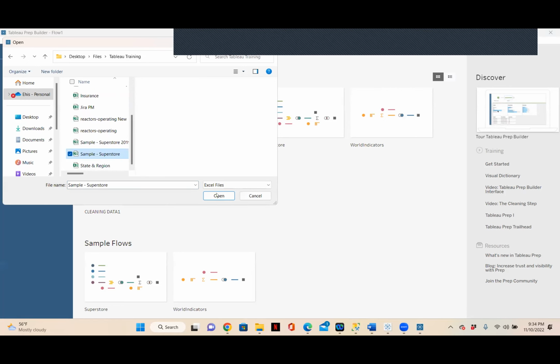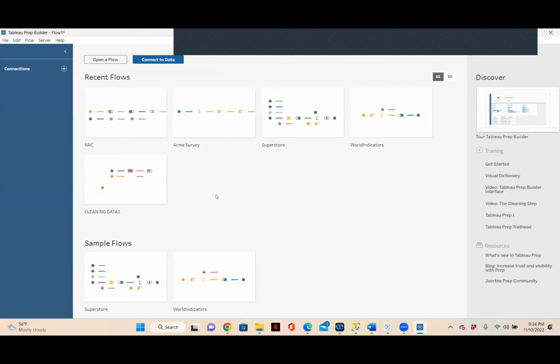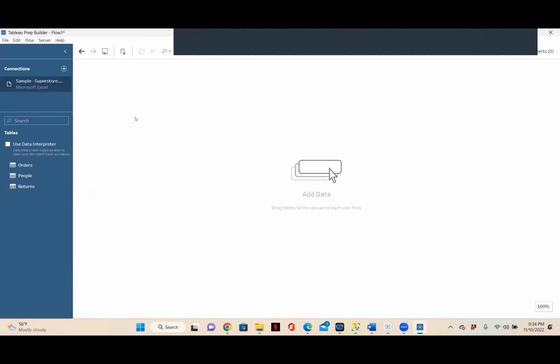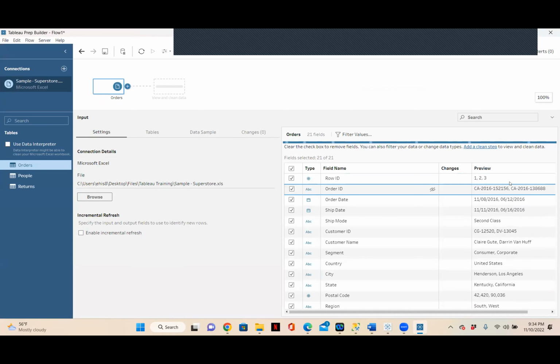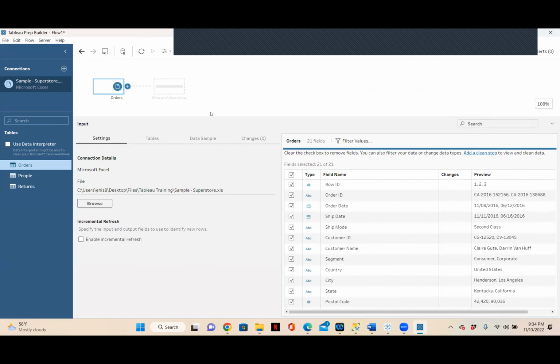Sample superstore. And I'll drag in my order date here. So now we have our data. And here, I want to start naming every step that I take because I want to join this data to